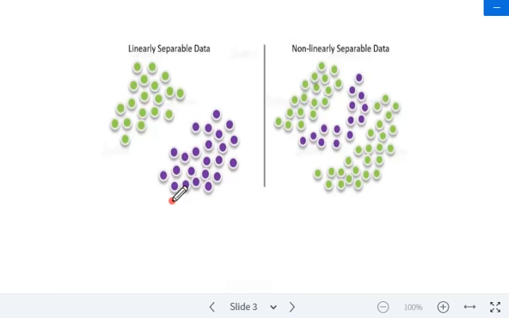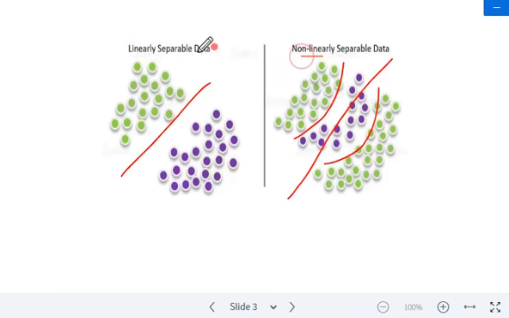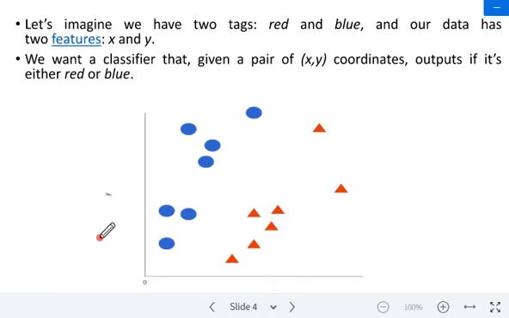So here we have two types of data. It can be linearly separable data, which means we can easily draw the boundary. Here we have non-linearly separable data. I cannot draw a linear line like this, because it is non-linear. This type of data set we call non-linear, and this type we call linear, which can be easily separated by drawing the decision boundary.